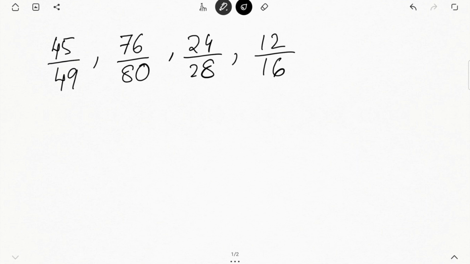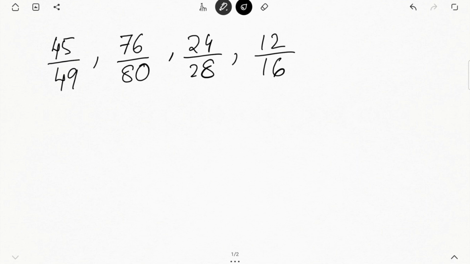Now generally what we have learnt in school is that we first have to find the LCM, make the denominators the same, and then arrange. But today I'll teach you a very short-cut method of arranging the given fractions in ascending order without doing much calculation. To start with, first of all, we find the difference between the denominator and the numerator